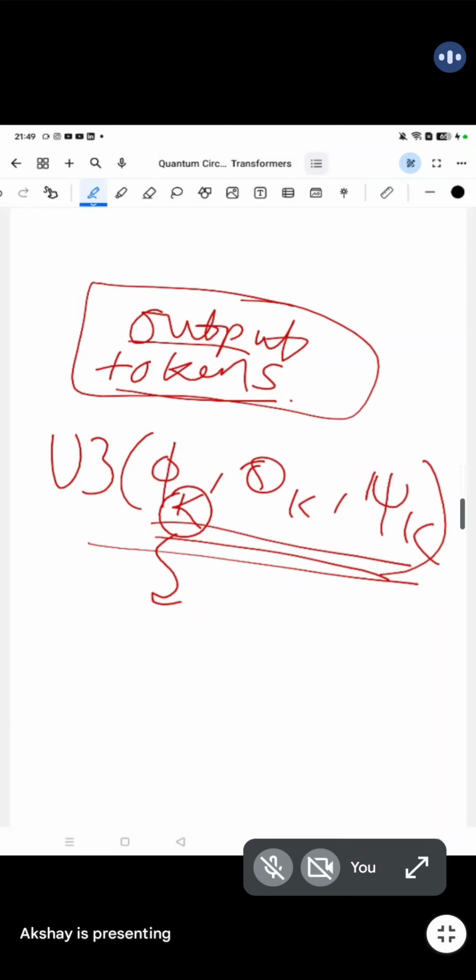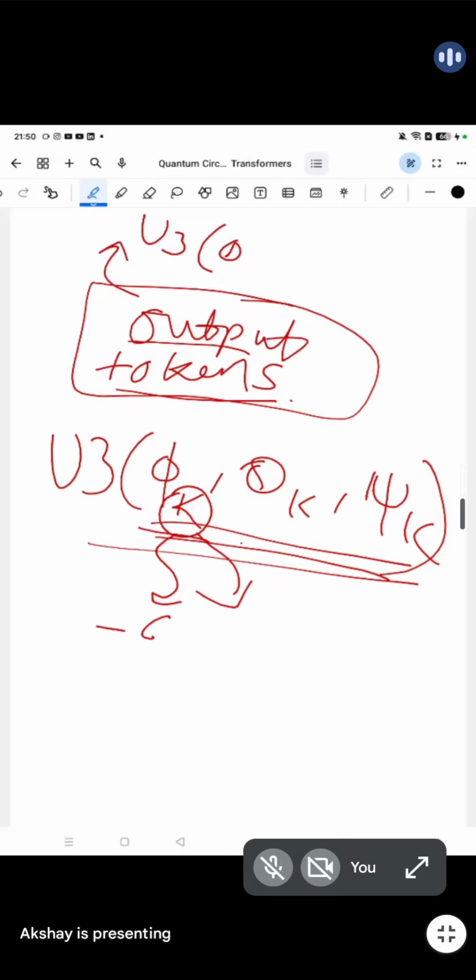So that also needs to be explored. But let's say we are not discussing that LLM here. We are particularly limiting that to our problem statement here. So what will be our output tokens here? U3, theta. So this theta k is nothing but your period value, as in it will be dependent on